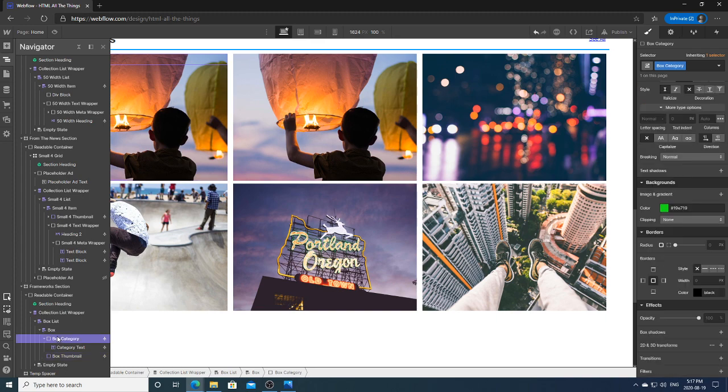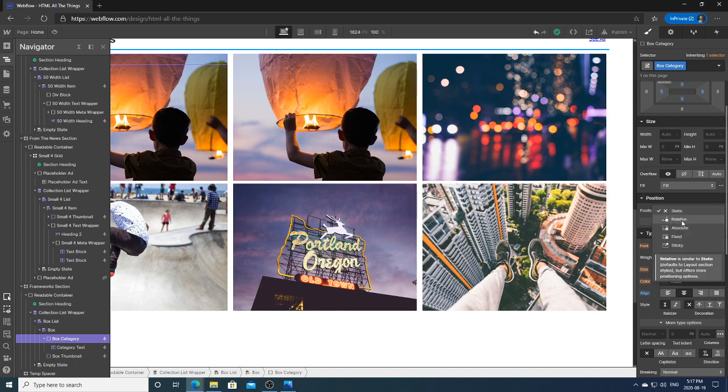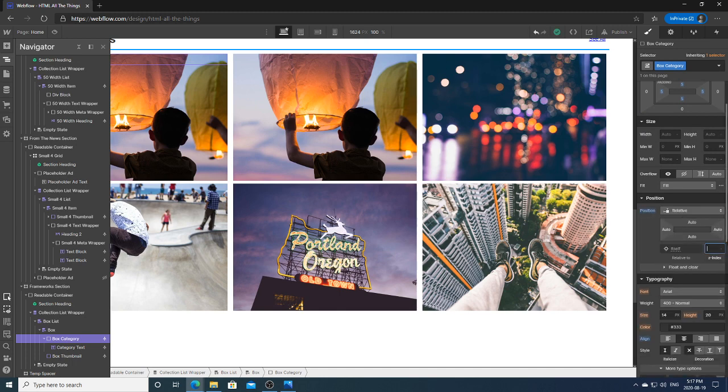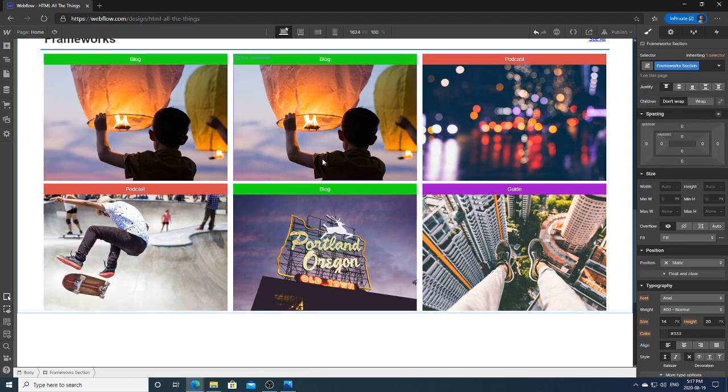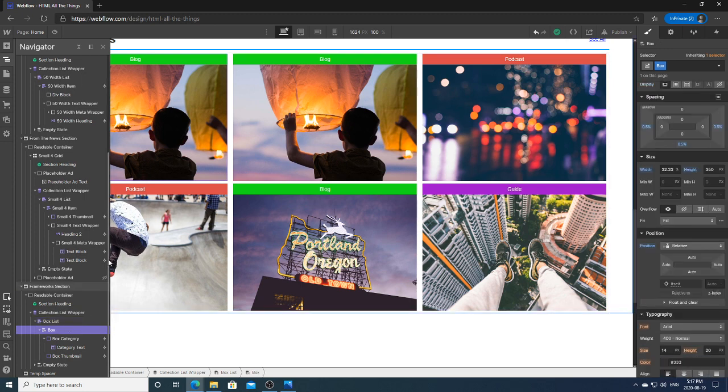And then we're going to bring this box category. This is one of those unique things where I don't want this to be absolute, so I'll make it relative. So I have a Z index. I'm just going to make it like 100. And now that'll pop up on top. And that'll cut that little bit off, but that's fine because it's just a thumbnail, like I said. And now we're going to be able to expand the amount of items within that div, within this box div, without screwing around too much. So